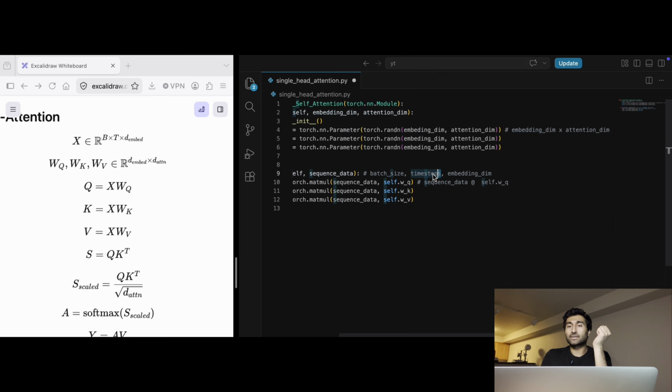So for this embedding dim, it's going to ignore these leading dimensions and just take embedding dim. Here's your matrix, multiplied by this matrix. When you're multiplying any two matrices, the inner dimensions have to match, so the embedding dims match. So the output of this is going to be a tensor of batch size, time steps by